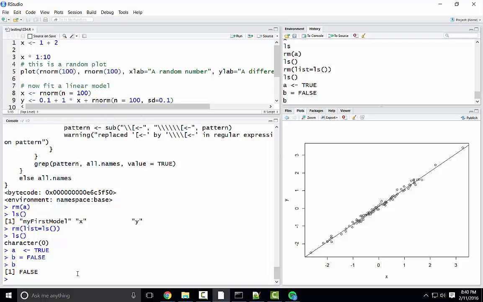And although the convention is to use this one when you're doing your coding, there's one place where you always have to use the equal sign, and that is when you're assigning arguments to their names. So R allows each of the arguments to the function has a name, and it can either match those up